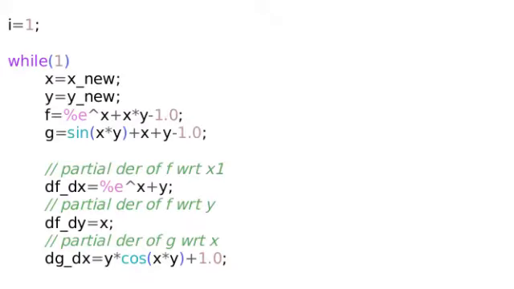Here we start the Scilab code. We will assume some initial values. These initial values are put in the variables x new and y new. Here you see the while loop that is used for the iteration. It is the first part of the while loop. You can see all the things we discussed in the previous algorithm, that is the function values of functions f and g, and the values of partial derivatives of each function.